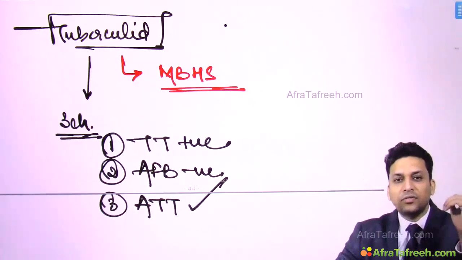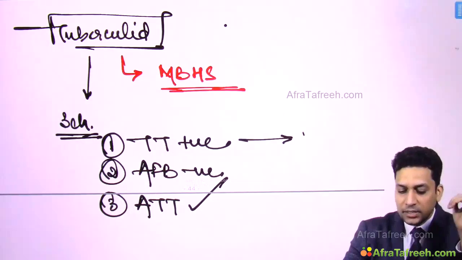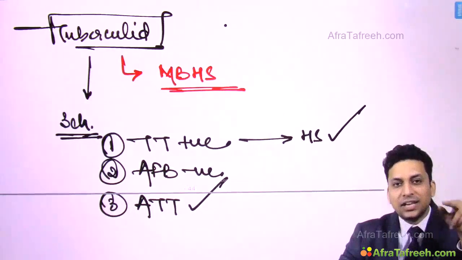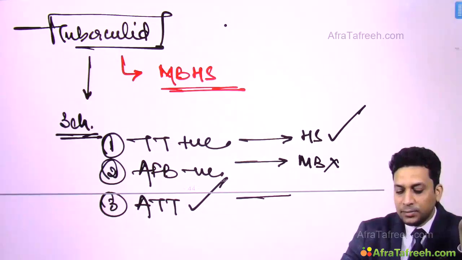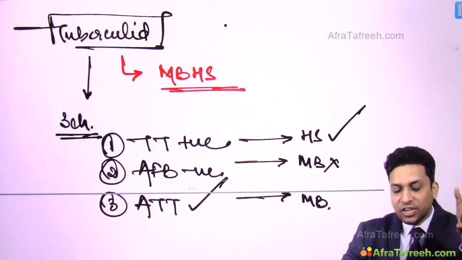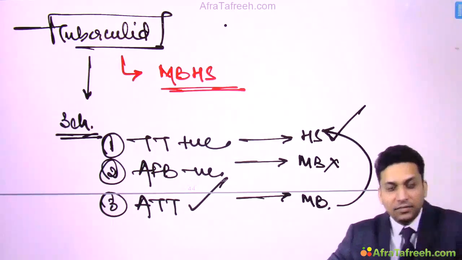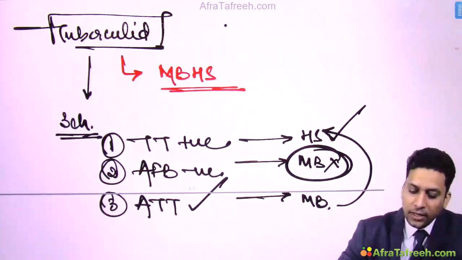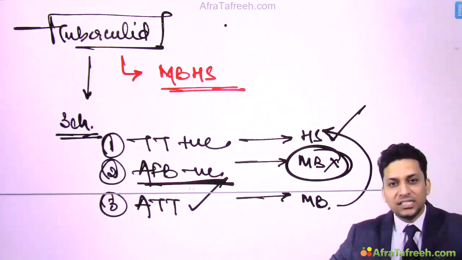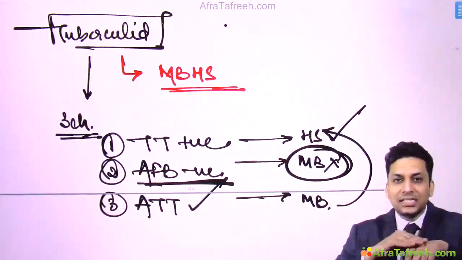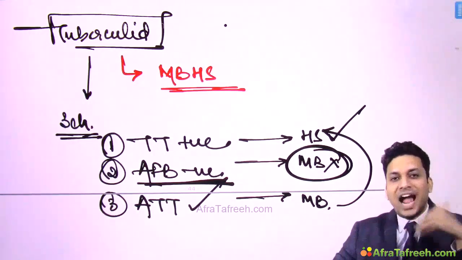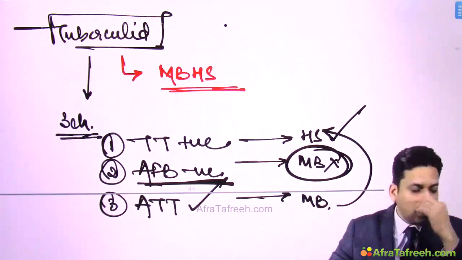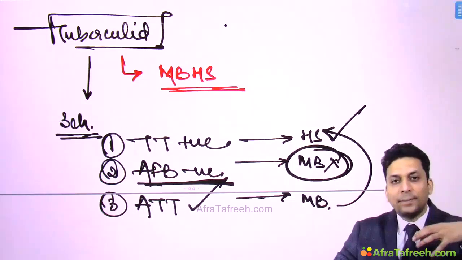So what you can conclude from these three points: tuberculin test is positive, that means hypersensitivity is there. Lesions are AFB negative, that is mycobacteria is absent. Patients respond well to ATT, that means it is related to mycobacteria. So frank infection is absent, but it is due to mycobacterial hypersensitivity. Now you might be wondering, if there is no mycobacteria, no AFB, how does this hypersensitivity occur? Remember that in these lesions there is no mycobacteria, but it might be present elsewhere in the body, like in the lungs, bones or intestine. Due to that, the skin starts developing this hypersensitivity reaction, and this is known as tuberculid.